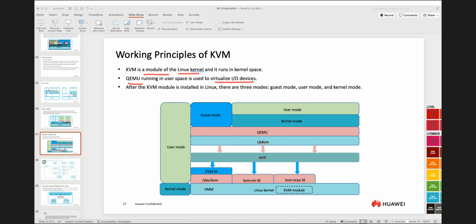After the KVM module is installed in Linux, there are three modes: the guest mode, the user mode, and the kernel mode. These are the different modes after it's installed. The kernel mode could also be here, depending on how and at which level you install it, right? So you have your virtual machine running here,